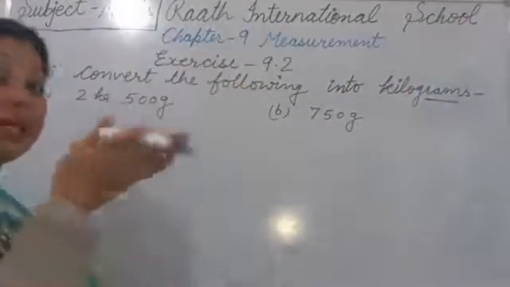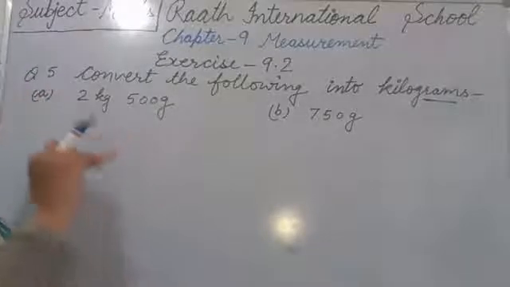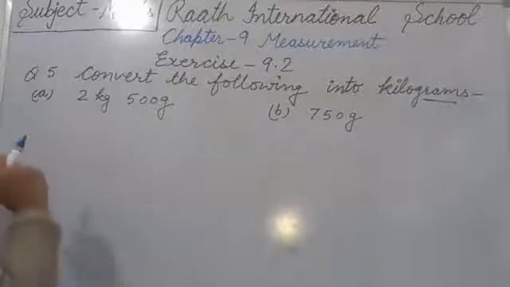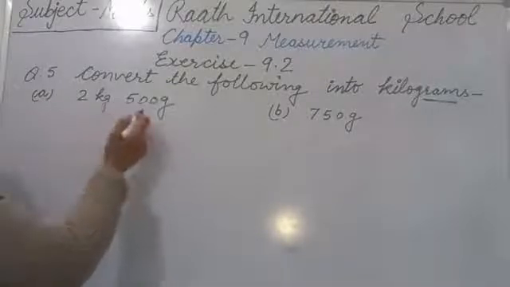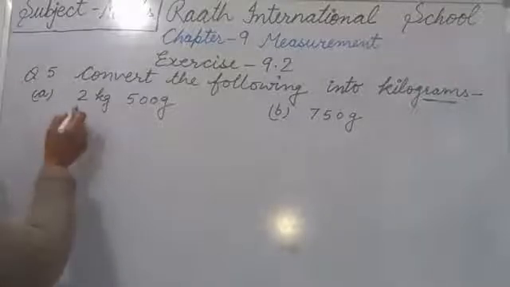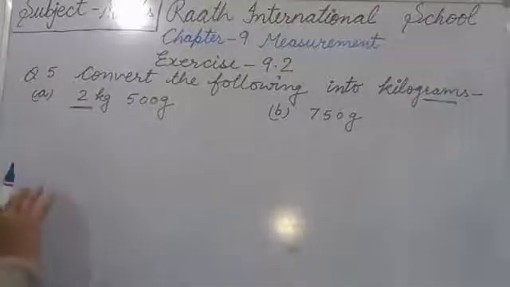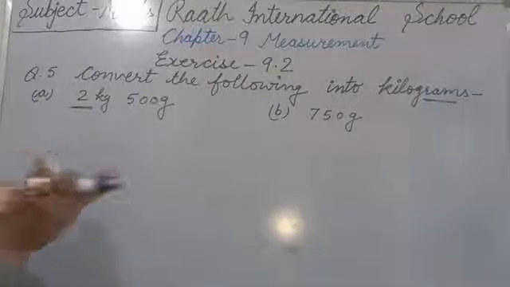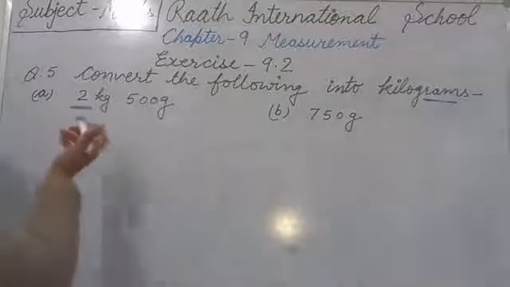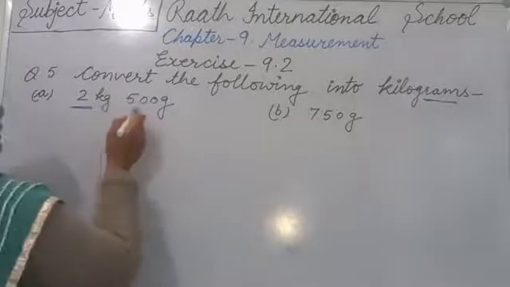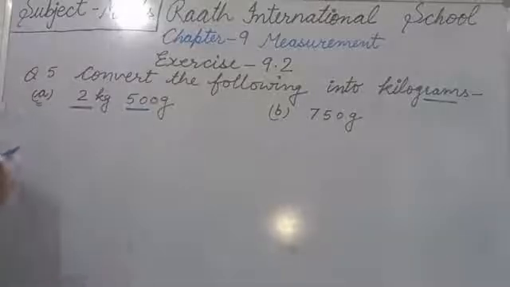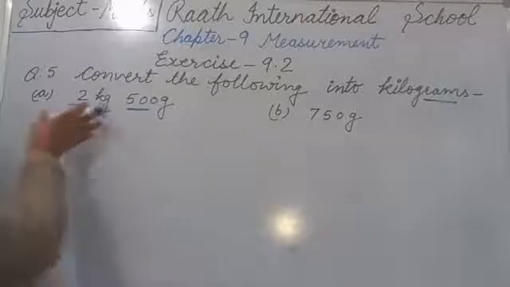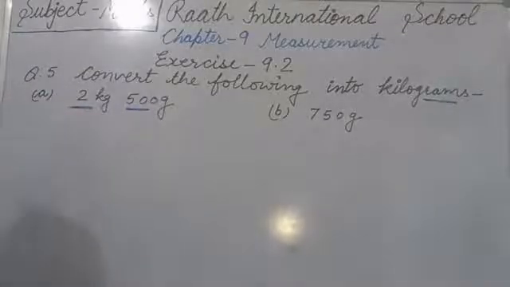हम किस में convert कर रहे थे? Higher unit में. Lower to higher. So whenever we convert into higher unit, we always do divide. Okay. So now A part is there, 2 kg 500 gram. As we know, 2 is already kg. Okay. So this is no need to convert. This is already converted, पहले से ये जो है ये तो already converted है आपके पास किलोग्राम में already. And 500 is in gram, so that we have to convert, which is not in kilogram, that we have to convert, and which is already converted, that will remain same.